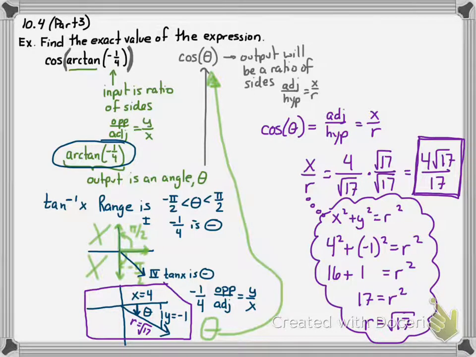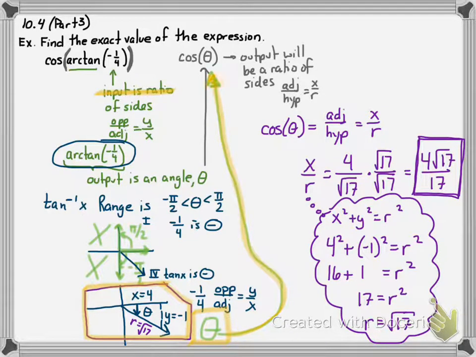Now let's go back to the part where we analyzed at the very beginning, where we said, okay, what is it that we're figuring out? We said we're starting with an input that is a ratio. Let's make this a little bit thicker. We're looking at an input that's a ratio, and we plug that into our arctangent function, and that gives us an angle. Now, we didn't figure out what that angle actually is equal to, but we were able to draw a picture of the angle, and from that we could take our theta value,